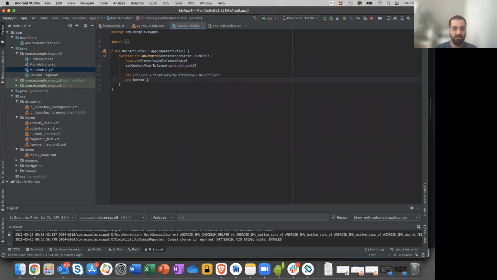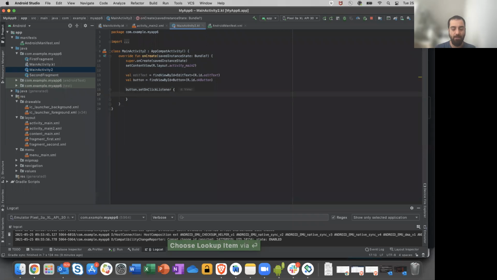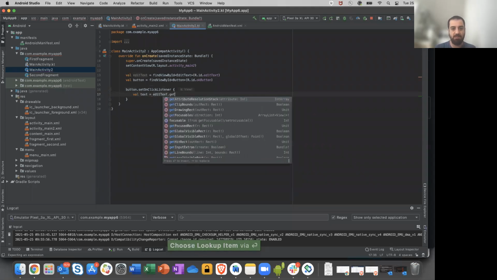I will also define the button here. OK button. Yeah. I will import this. Alt enter for me. And what I want to do is to, when we will press this button, I will finish this activity. Okay, so for this, we are using click listener, okay? And when this button will be clicked, what we will do is we will read the text that is written in the edit text that user can enter. So edit text, get text,